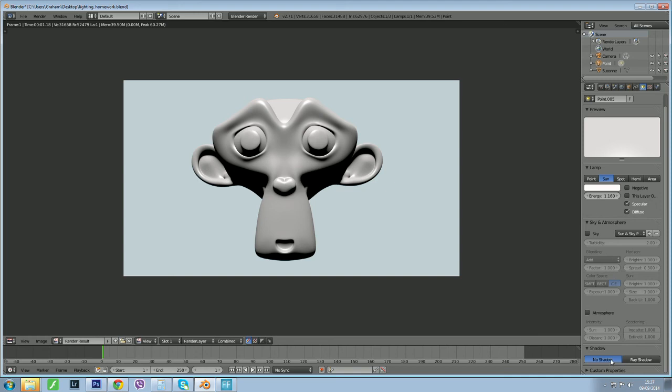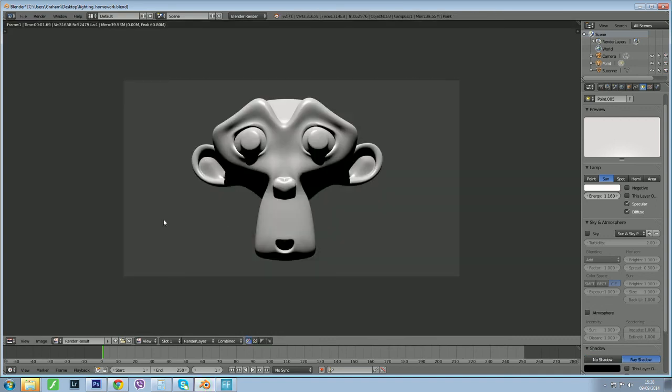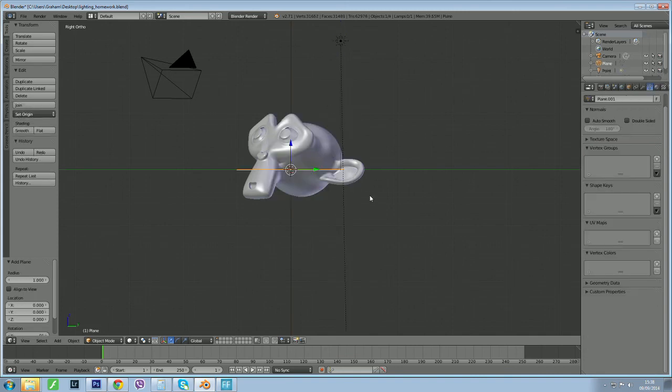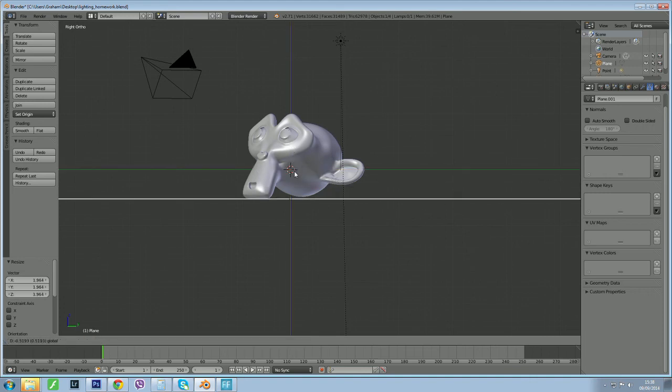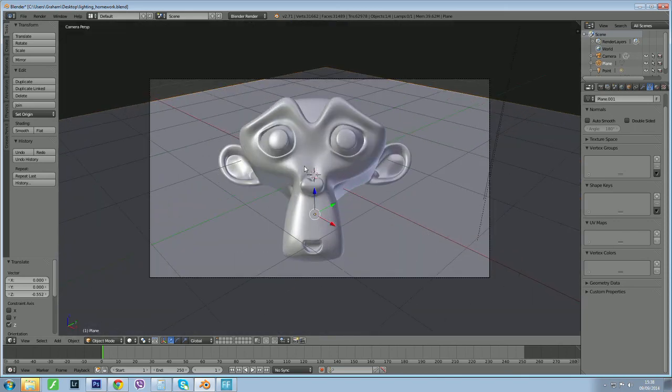and we can have it cast no shadow and ray shadow as before, but we're not going to see that without a plane underneath, so let's just add a plane. Shift A, add a mesh plane, scale this up, and move it down. Now we see this plane, and if we do a render here,